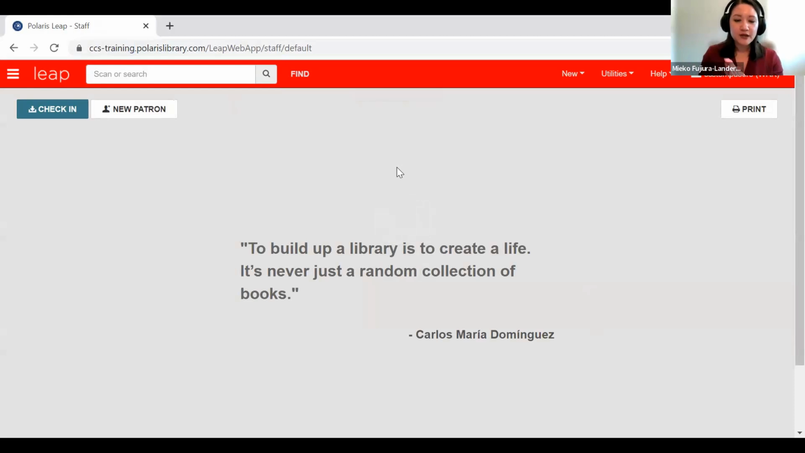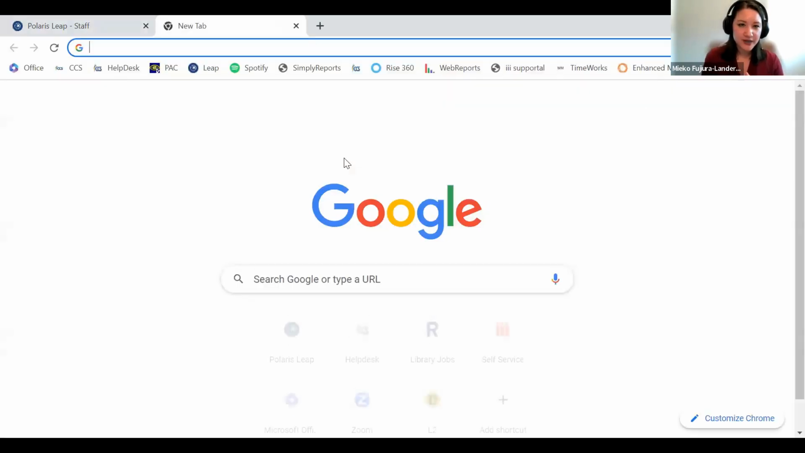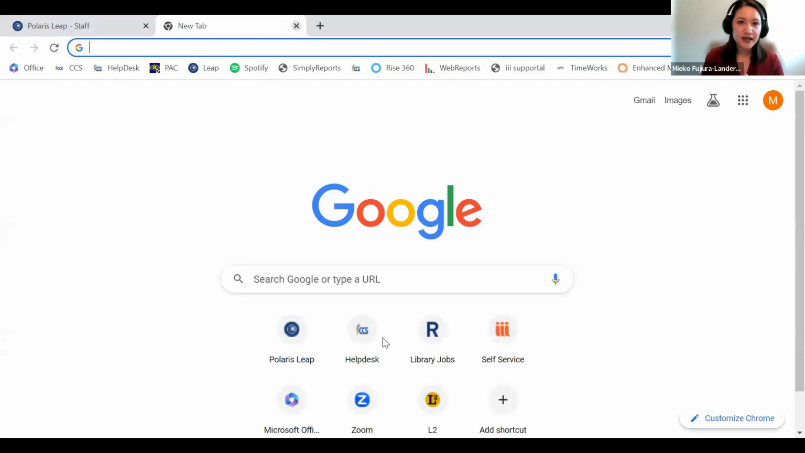So I'm demoing Leap in Chrome, which is the preferred browser for Leap. And then I just want to share a few tips for using a web-based application like Leap. The first tip, best practice is to just have Leap open in one browser tab at a time. So what I want to avoid is opening that second browser tab and logging into Leap a second time. And that is because,